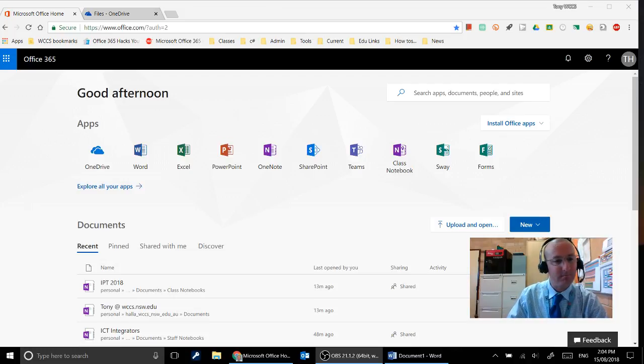So when you come to office.com and sign in, you'll see that there's a number of apps that are available to you across here. Okay, this is like what we already have at William Carey in terms of our Google Drive apps. So like we've got Docs and Sheets and Slides, this is Microsoft's cloud versions,